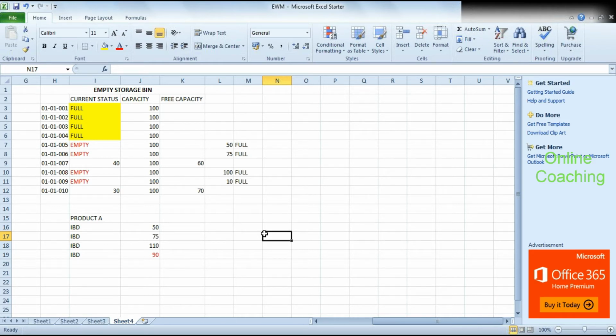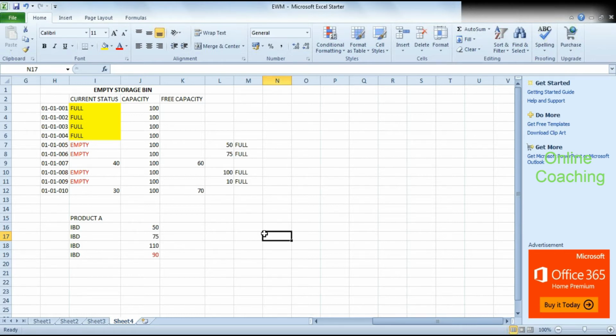But there might be a certain case wherein, what if these bins get full? Okay, so in such cases, you make certain reserve storage bins very close to, or actually adjacent or next to these storage bins, wherein you already do a put away. You keep certain reserve storage bins so that you can go and do a put away over there. So if you're talking about such kind of a storage behavior, then in that case, you'll go ahead and say